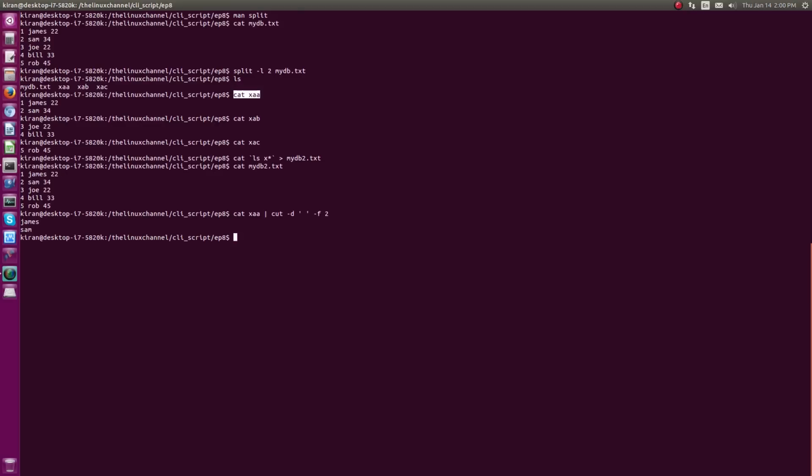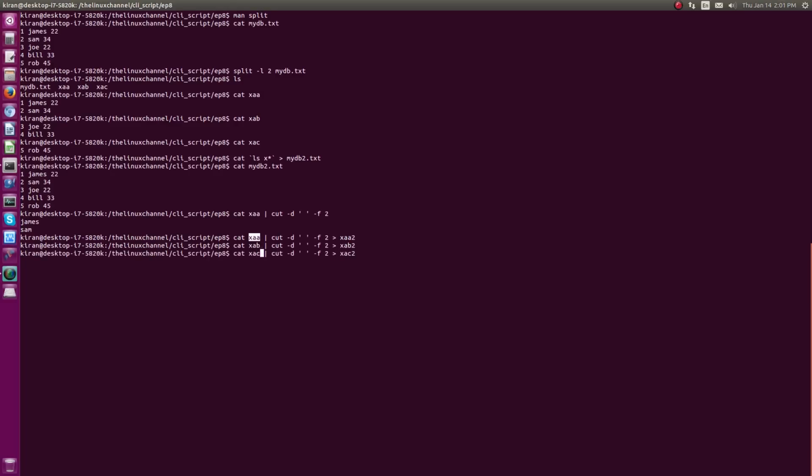Once you have done these things for each individual file, you can merge the results all into one single file. So you can redirect this output to another file, xaa2, and the same way xab. Assume a case where you have billions of records in each of these files.